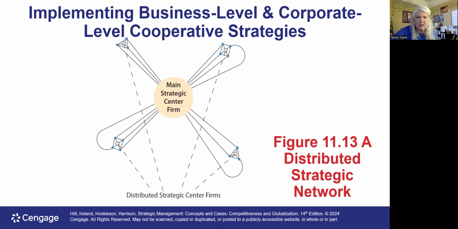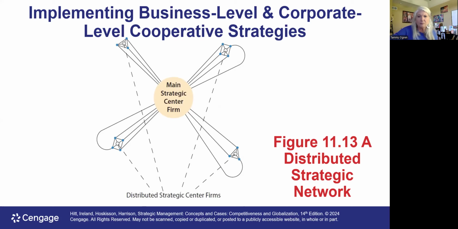It's less difficult to select a strategic center firm in a corporate level cooperative strategic alliance than it is in this decentralized set of diversified strategic alliances. So corporate level strategies are used to reduce cost and facilitate products and marketing. Franchising is often used as a way to extend the firm's market reach without completing a merger or an acquisition. The potential to create synergy is a key reason that corporate level cooperative strategies are formed.